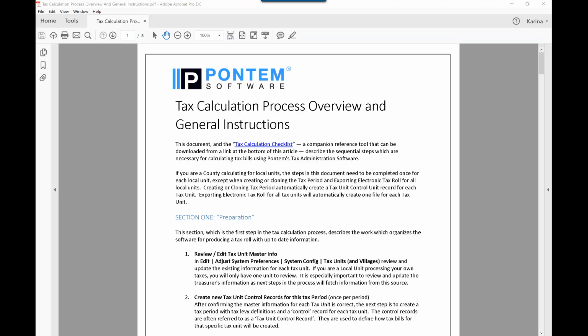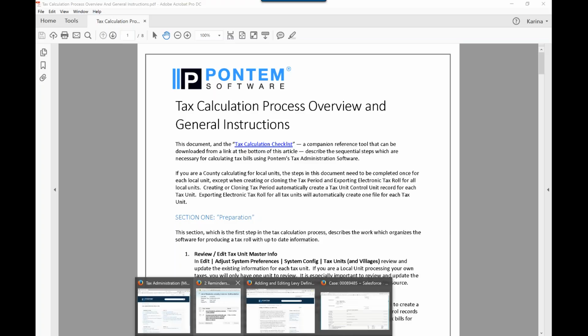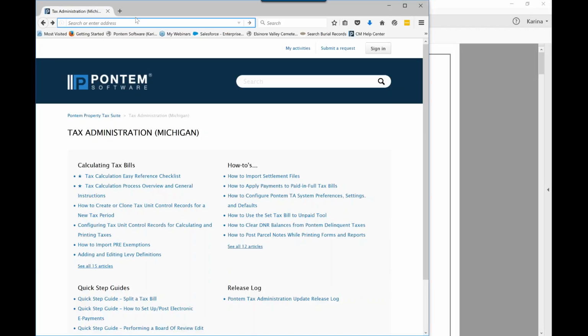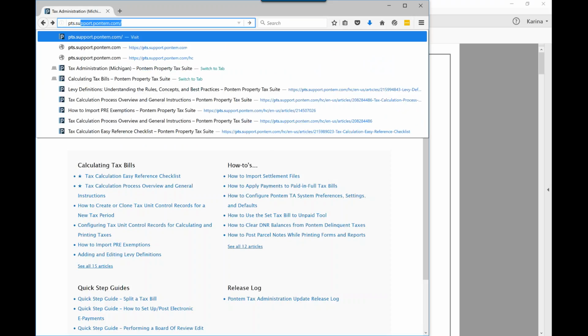Okay, so we have worked to put together some new documentation related to this process, and this was a really great opportunity for us to unveil a new self-service tool that we're providing to our clients, and that is our new Help Center. So let me go ahead and pull that up for you. The address of our Help Center, which of course is referenced in the documents, and I'll make sure that I continue to reference it in emails to follow up to this, is pts.support.pontem.com,